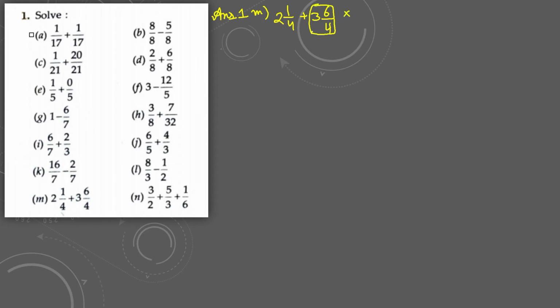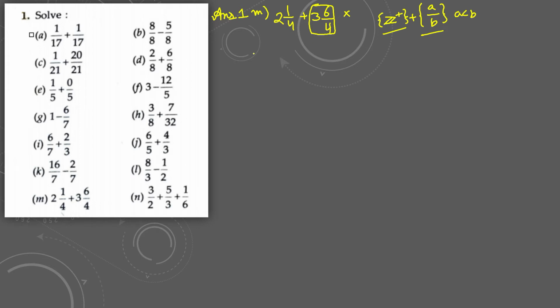Because the definition of a mixed fraction is that a whole number, any whole number, should be added with a fraction, that is a upon b, such that a is less than b. That is, the sum of a whole number and a proper fraction gives you a mixed fraction. But in this case 6 upon 4 is an improper fraction. That's why this number here is not a correct or complete mixed fraction.